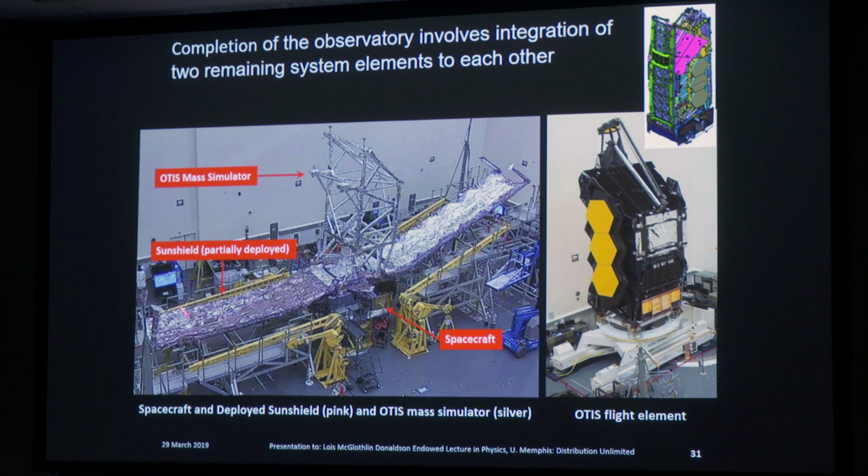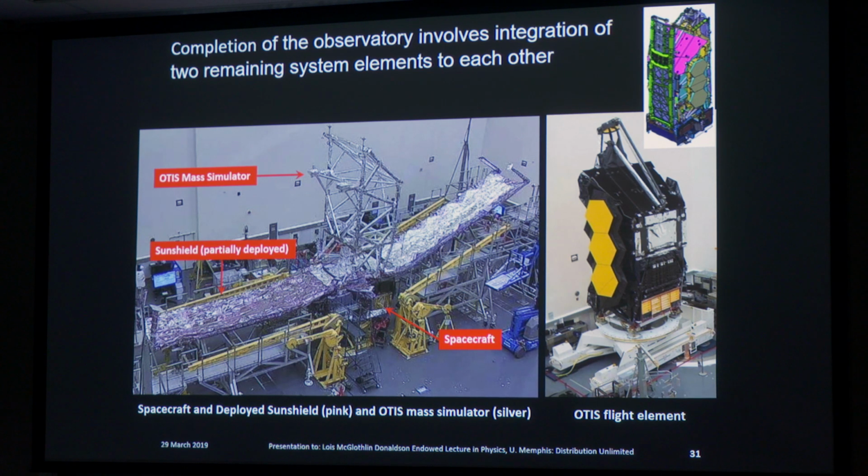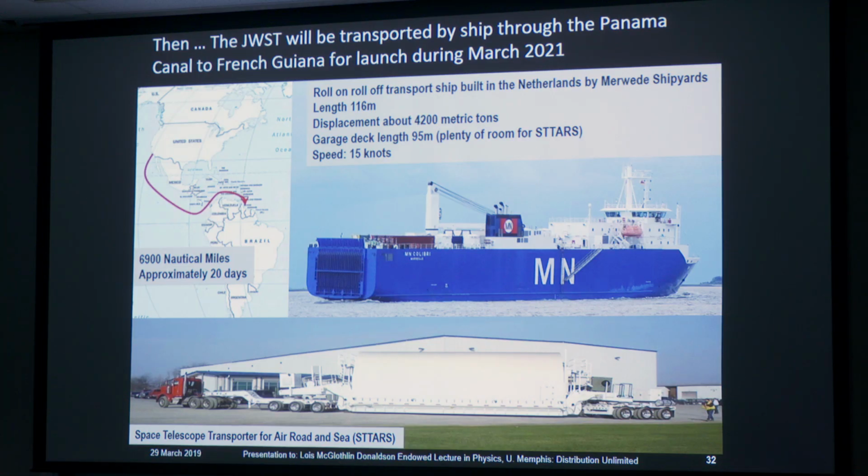And so in this configuration, the sun shield and the spacecraft had to be vibration tested, acoustic tested, and thermal vacuum tested. And that work is just finishing up now. When it is finished, this mass simulator will be removed. The JWST telescope will be put in its place. And this will be all folded up to produce this level of assembly, which is what we launch into space. And so we're almost done, and we're in the home stretch now.